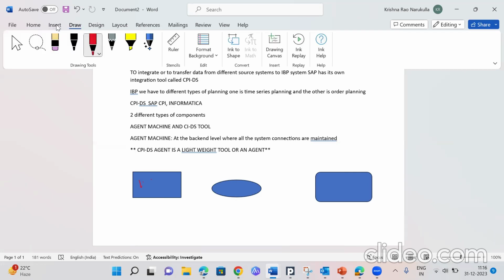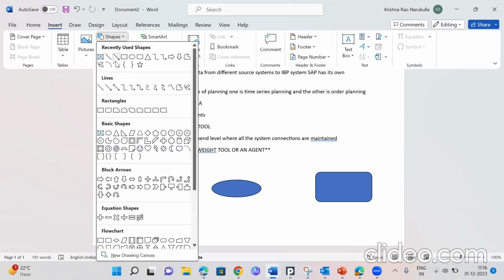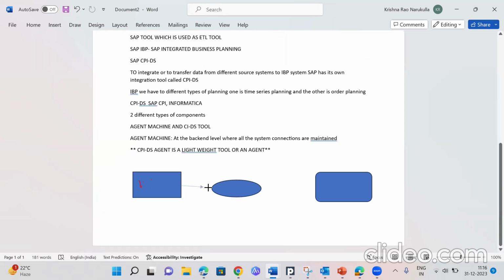Let me take a pen instead of using all this. So let me join this, and from there again I will be using this as a copy and using here. This is the direction we generally use. So what we are doing here,